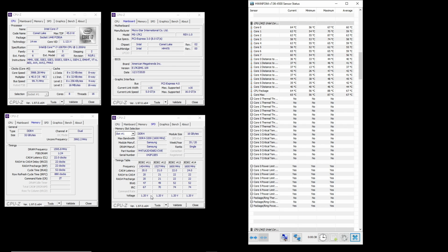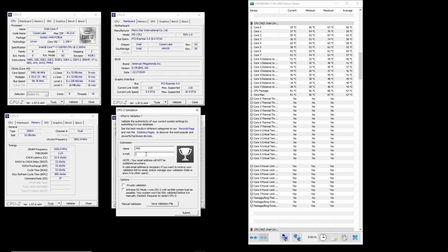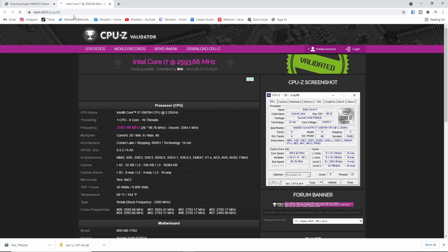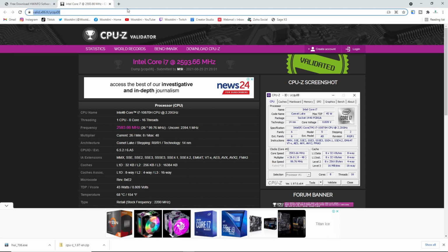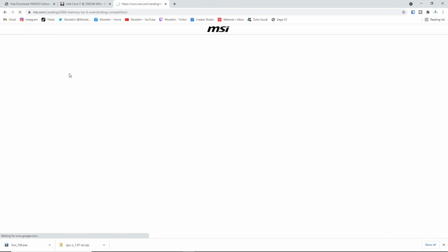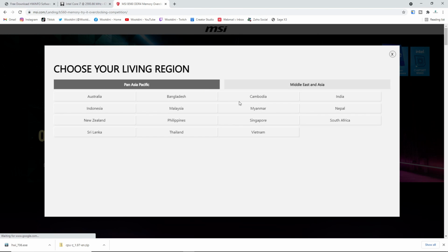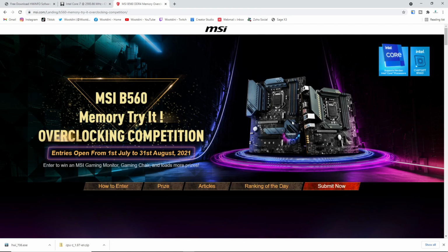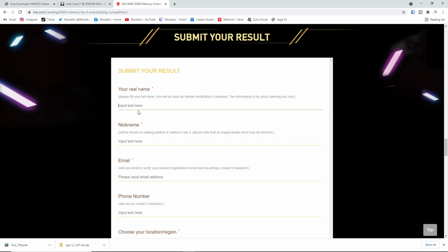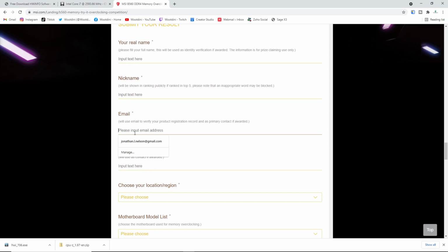Next step is you need to validate your results. So you'll click validate, you can put your email in, it's not really that important, and you'll hit submit. That'll automatically bring up a window inside your default browser, and you will copy that link. Then we will go to the MSI competition. Once you've clicked that link, you will select South Africa or whichever country you're from, and you will say submit now, and it'll bring you to a survey in which you put in your real name, your nickname, your email,